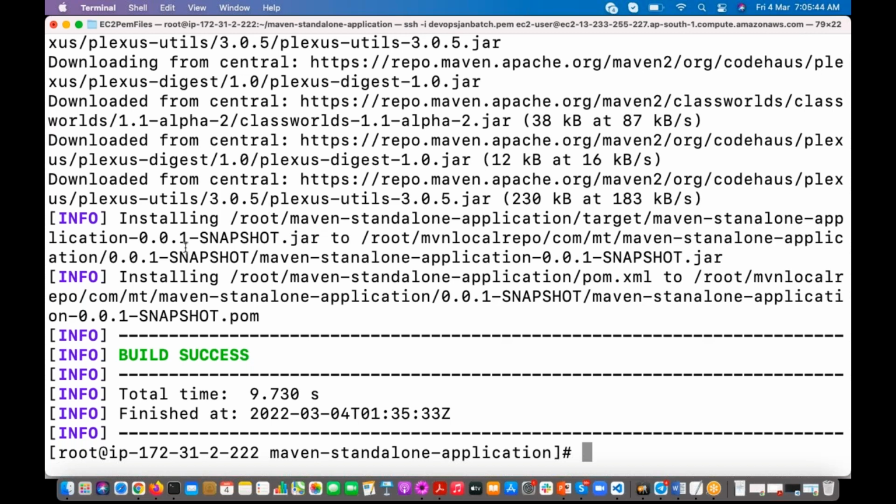See, observe here. It is stored in your Maven local repository. See, root .m2 repo, com, empty. This is the artifact ID, right? Then this is the version, and there it has created the package. It is uploaded here,